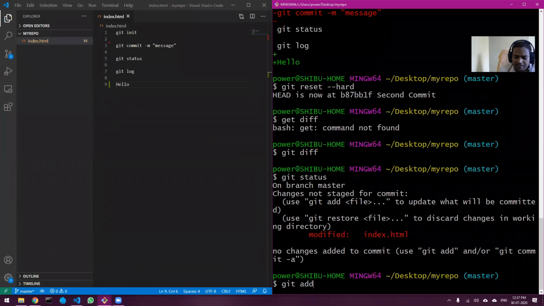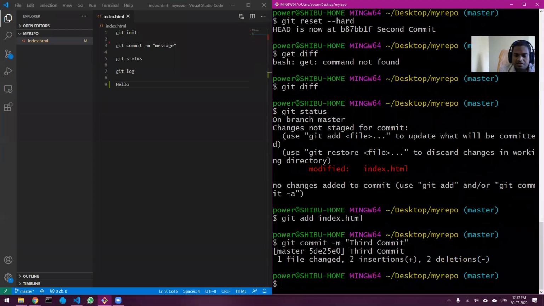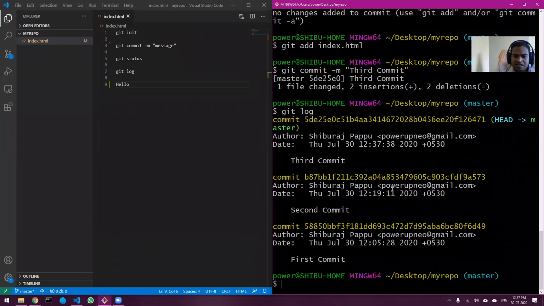So git add and the name of the file, then git commit minus m. Sorry, I forgot the space. Minus m, third commit. Okay. So I've committed, right? So right now, if I do git log, you can see there are 3 commits. First commit, second commit, and third commit.